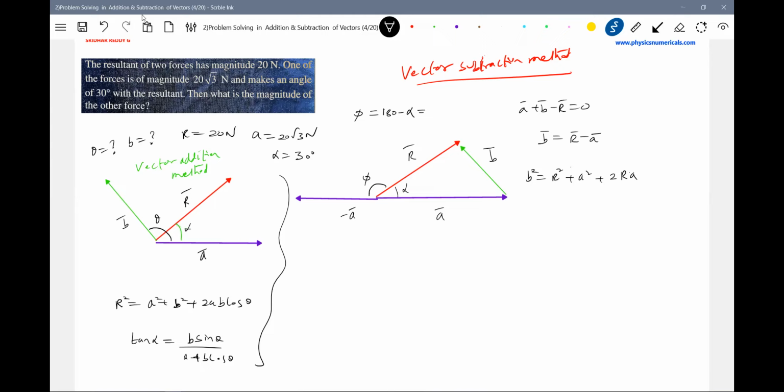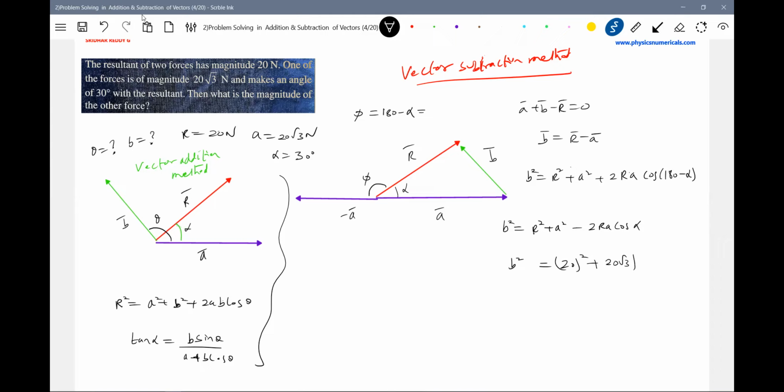What is the angle between R bar and minus A bar? Cos of 180 degrees minus alpha. Okay, this is B square, the unknown thing. A square, 2RA, cos of 180 minus alpha will be minus cos alpha. Now B square, B we don't know, sorry. This B square. A is what? 20